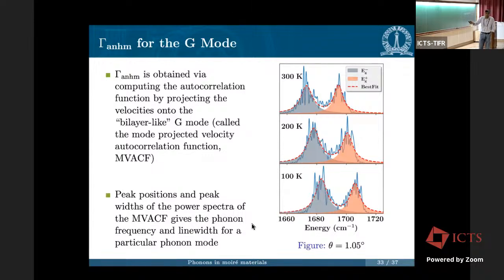So when you put it all together, if you look as a function of temperature, this is just the phonon part. There are no electrons as far as this is concerned. You see a systematic reduction in the Raman frequency as a function of temperature. So the position is shifting to the left, but also